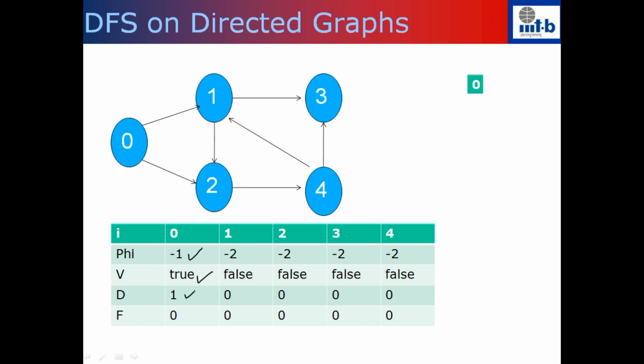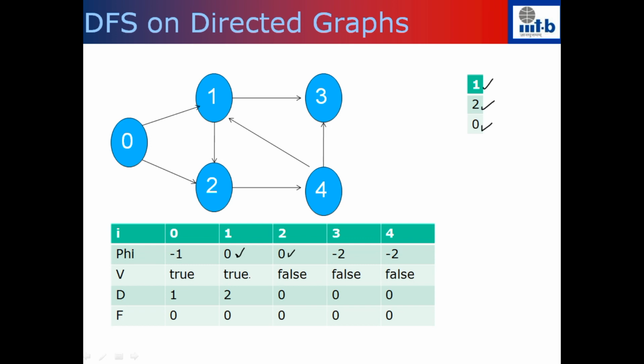So when I push 2, 1 to the stack, the stack looked like this. There was already 0 which I did not pop out. Then I pushed 2, then I pushed 1. When I push 2, I set the pi function to be 0. Then I pushed 1, I set the pi function to be 0. So now what is there on the top of the stack is 1. So I'm going to pop 1 out of the stack.